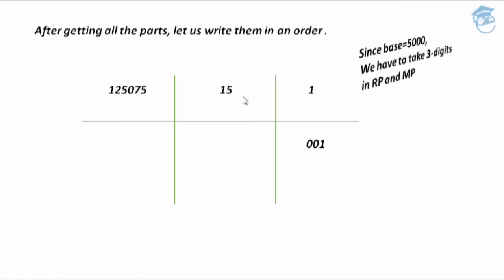And now moving to the middle part, here I have only 2 digits, that is 15. So without changing its value, I am going to put one more 0 in front of the number 15, that is 015, and I am going to write 015 below the horizontal bar in the answer like this. And now moving to the left part, here we can have as many digits as we want. So I am writing the number 125,075 as it is in the answer below the horizontal bar like this. And now let us place one more horizontal bar below it, and by combining the left part, the middle part and the right part, we get the required answer, that is